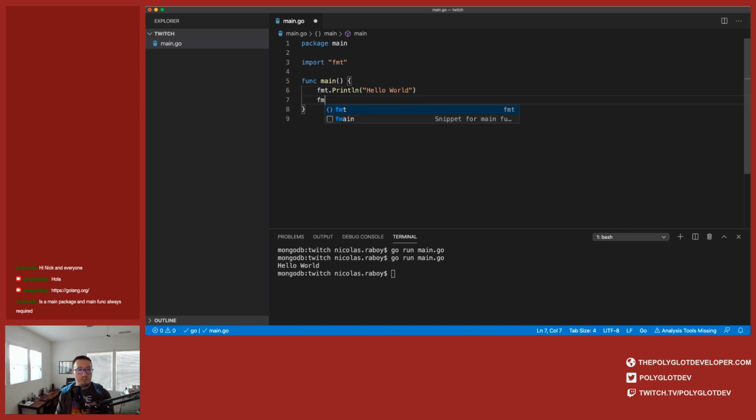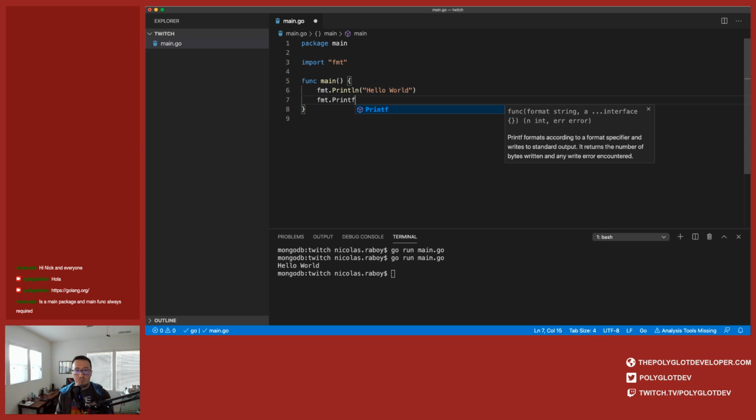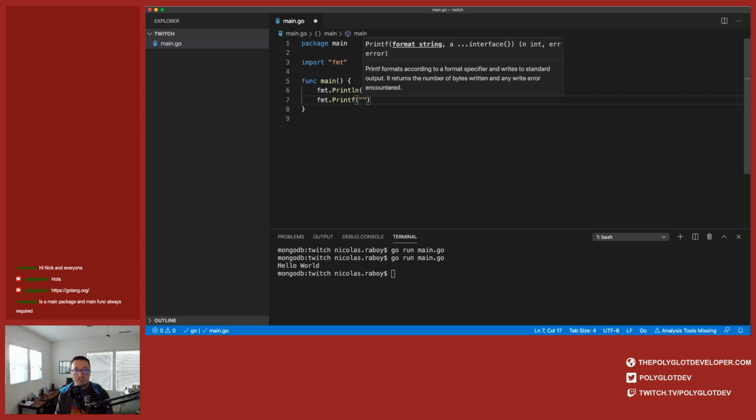So let's go ahead and say fmt.Printf. This would be printing a formatted kind of string. So for example, if I wanted to say hello, and then maybe percent, and there's tons of different options. I usually just use v for, I think it's value, but I think there's also s, and it depends on the data type that you want to use.